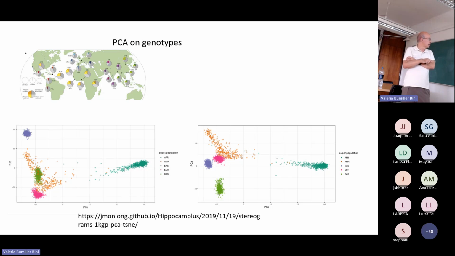Who else? Here we have, these are not Native Americans, but population samples from the Americas. Remember that we have Peruvians, Colombians, Puerto Ricans, Mexicans. In green here, with apologies to